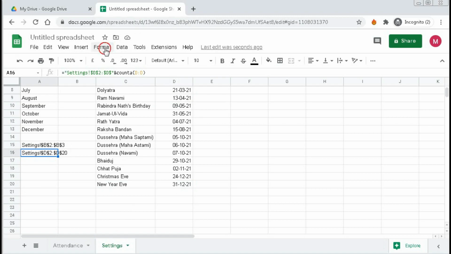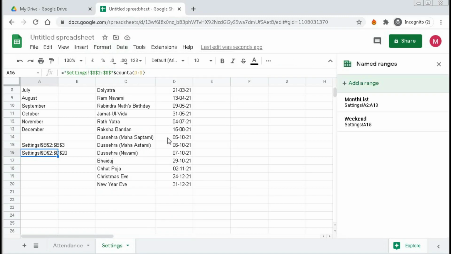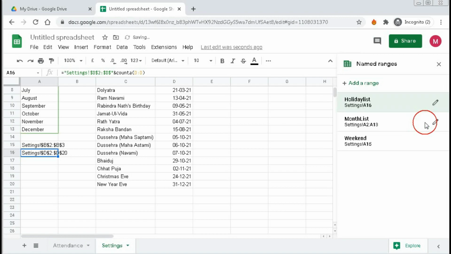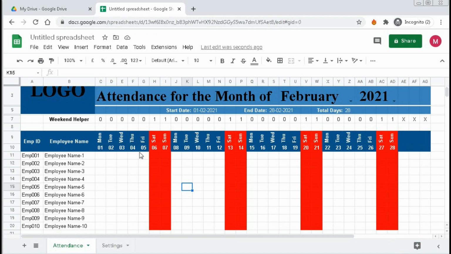So go to data, named range, add a range, and type the name as holiday list, and our range is this cell, okay, done. Then close this one, go to attendance, and now here we will take a helper cell. So holiday helper.